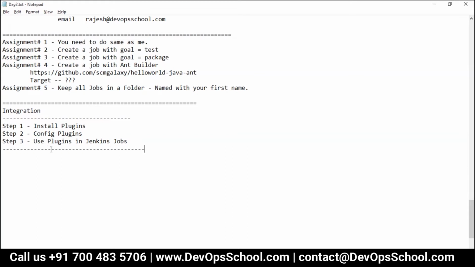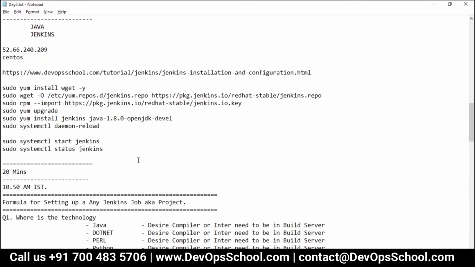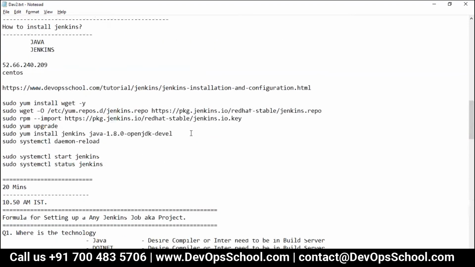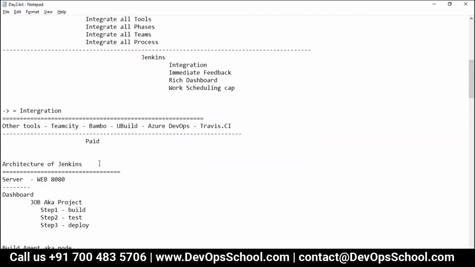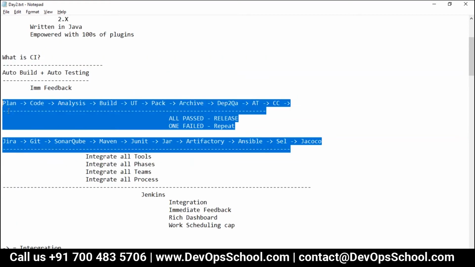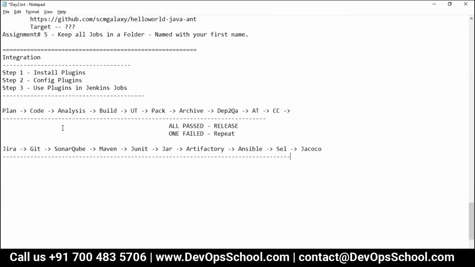So what to integrate with? So guys, we worked with Docker yesterday, and I guess we have worked with SonarQube also. So I believe you should not have any questions about what is Docker and what is SonarQube. Both we have worked with.